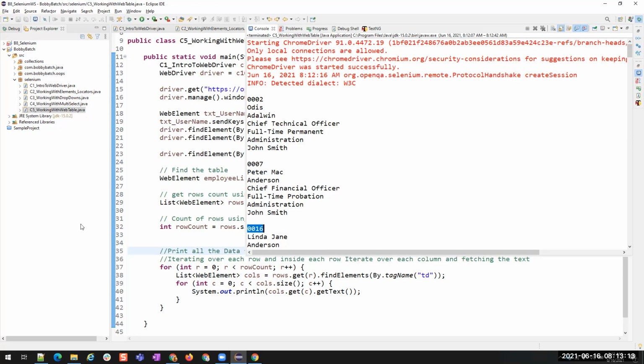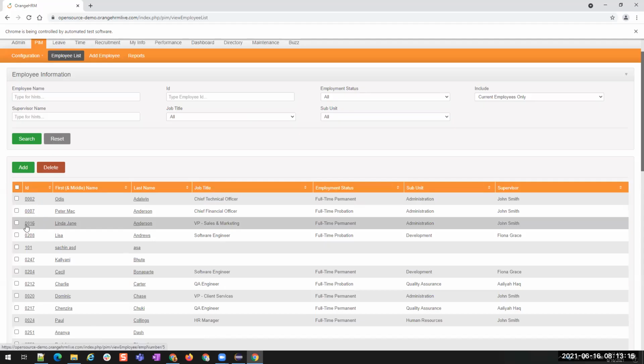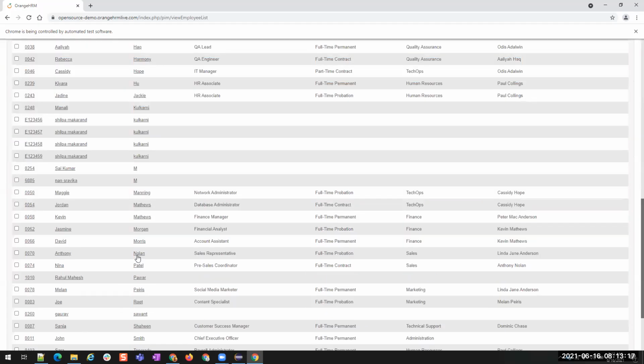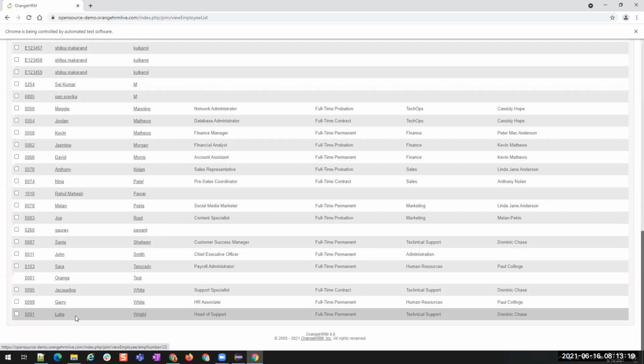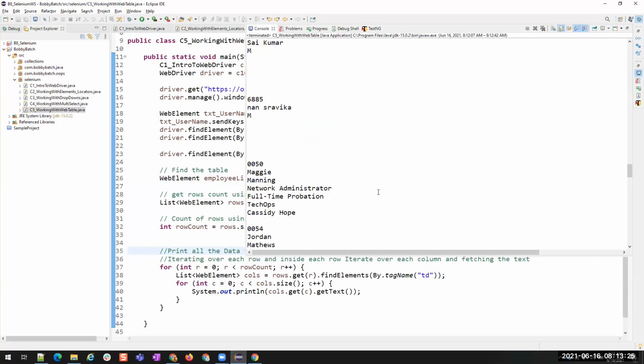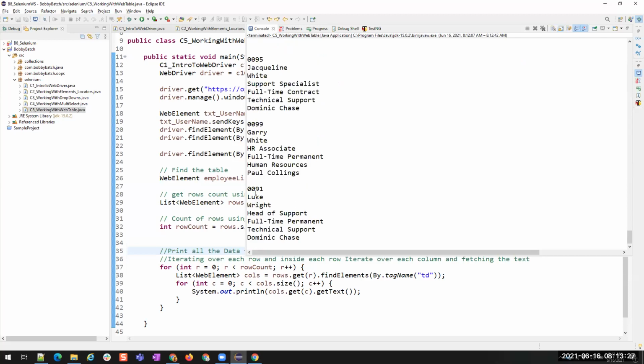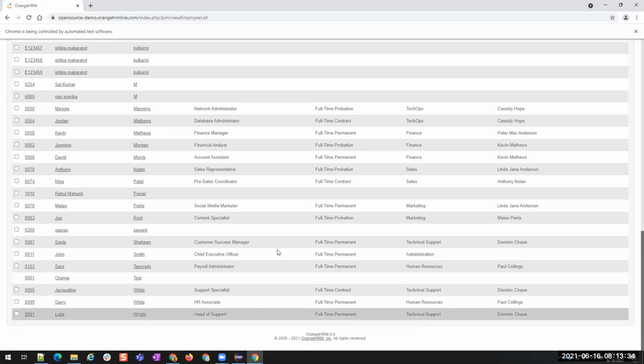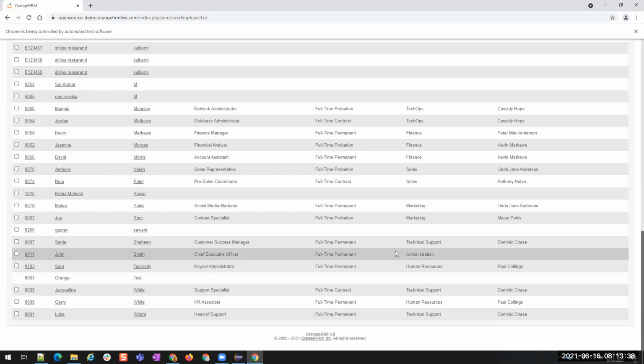The next is 0016. So whatever is present here, it is printed. And then let's see the last one. 0091, Luke Wright, head of support, full-time permanent technical support, and Dominic Chase. So that means it printed everything.